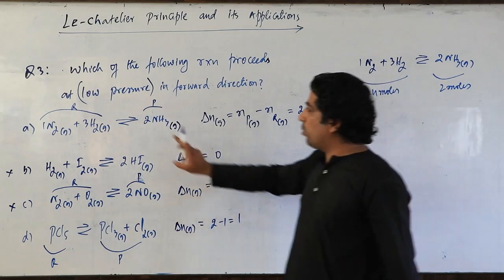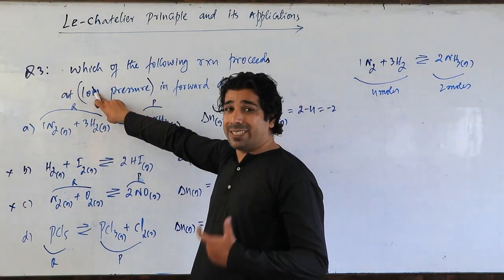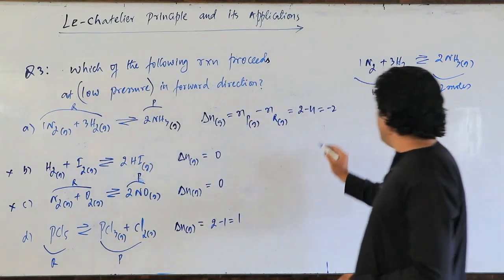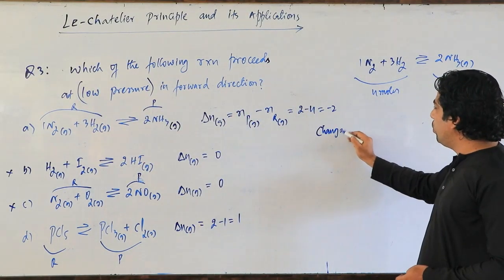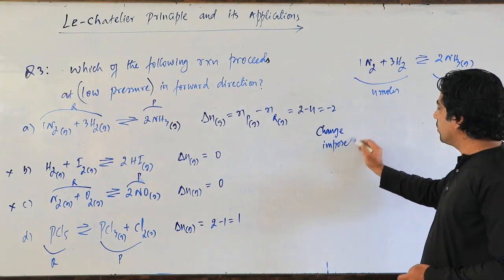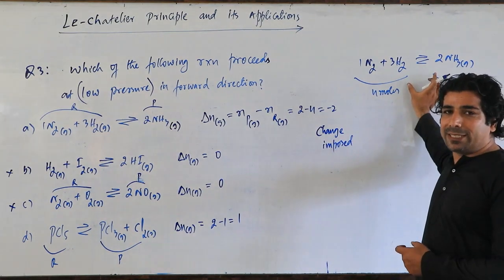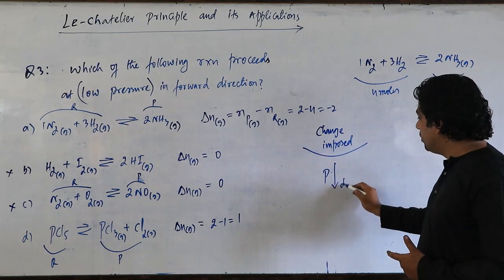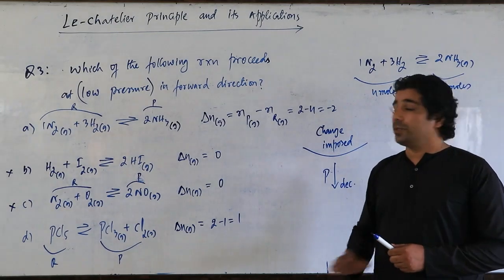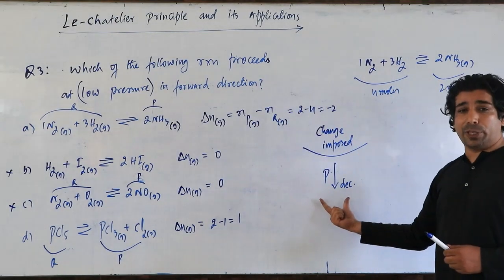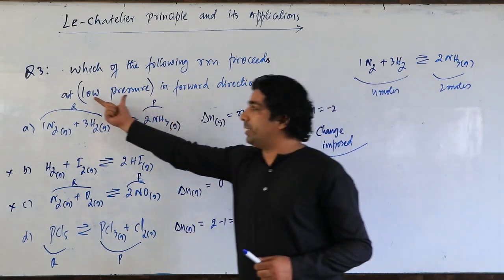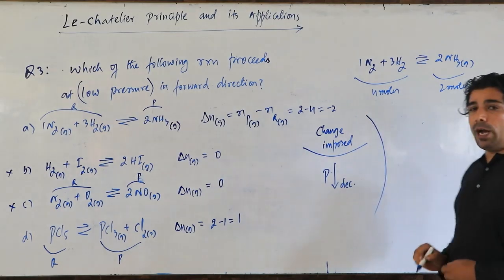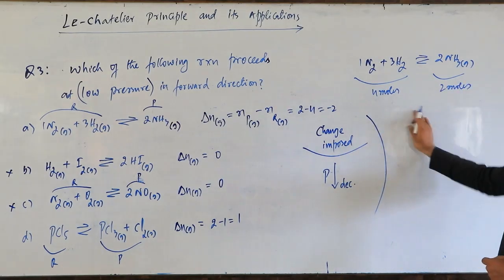So what is the condition outside? The imposed condition according to Le Chatelier's principle. What is the change imposed? The change imposed is low pressure. That means here, my dear friends, the change imposed for the reaction which is at equilibrium is that the pressure is low. That is a decrease in pressure. So when we are decreasing the pressure from outside, that means low pressure is there, my dear friends, from outside. Okay? What will happen? The change will be opposed by the system. Okay? So the change has to be opposed.